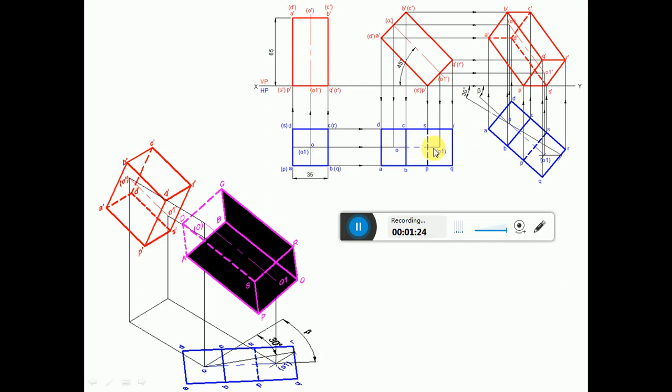So on the true inclination line we have to get the true length only. So you take the true length of the axis. Where are you going to get the true length of the axis? Since the axis is parallel to VP, I am getting the true length here, that is O dash O1 dash. What is going to be this length? This length is going to be the height of the prism, which is 65 mm. So consider any point on the XY line and draw a line which is inclined at 30 degrees to the XY line. Then measure the length from O dash to O1 dash, which is 65 mm.